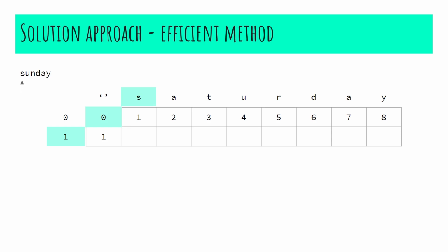Again, since the character compared from string 1 and the character compared from string 2 are equal, we shall directly obtain the value from the diagonal and store it. Whereas when the characters are not equal, then we need to compare the minimum out of all the three operations and we store it after adding 1 to it. Likewise, we'll travel till the end of string 2. After this, when we move to the other row, since there are only 2 rows in this array, we have to revert back to the first row.